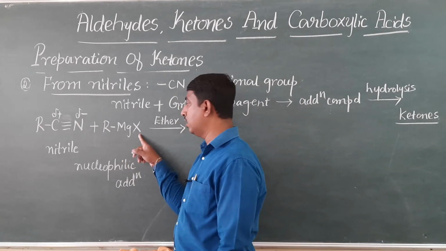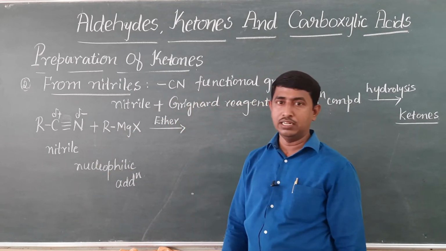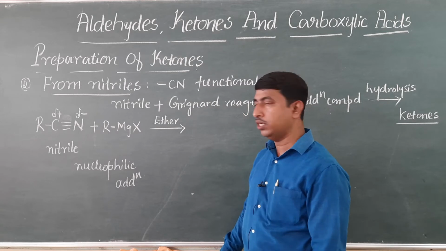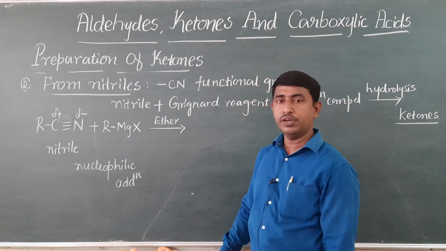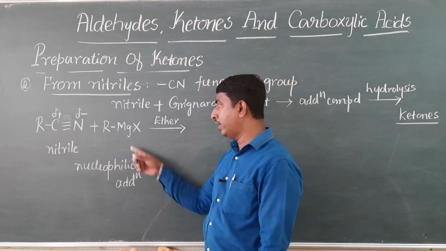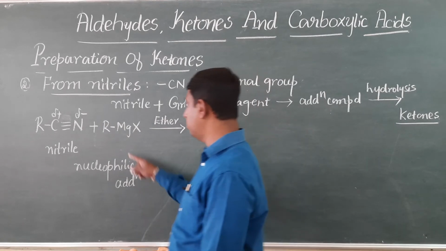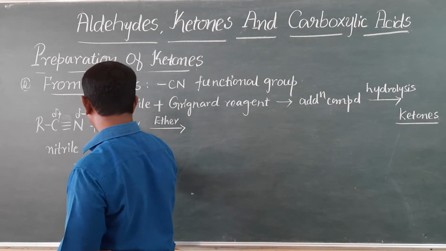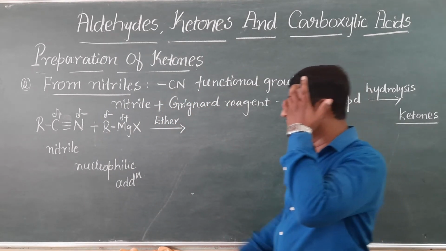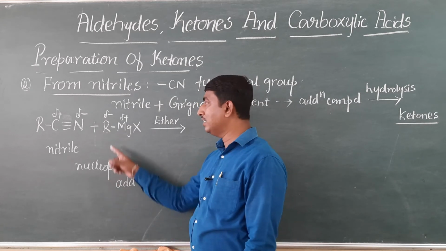Now what about Grignard reagent? In Grignard reagent, we can see a metal, that is magnesium. Metals are electropositive and they readily lose electrons. Electronegative means tendency to accept electrons; electropositive means tendency to lose electrons. So magnesium, being a metal, readily loses the electron and has a positive charge. This carbon has a negative charge. This negatively charged carbon acts as the nucleophile.